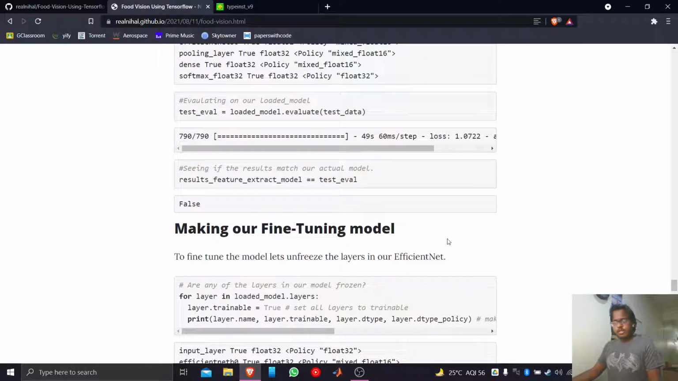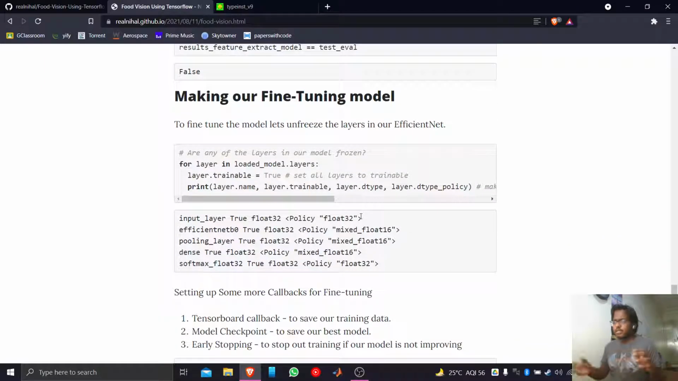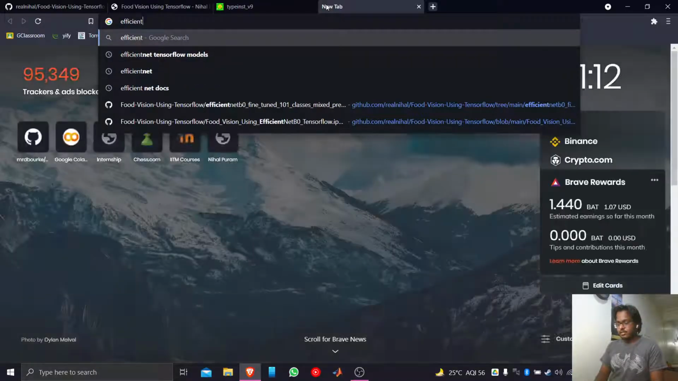So now we're gonna make a fine-tune model. The basic difference between a feature extraction and fine-tune model is we have an input layer, we have our EfficientNet, and we have our output layers. EfficientNet has already learned some of the features from its training on ImageNet and hundreds of other models. So if you just type in EfficientNet,